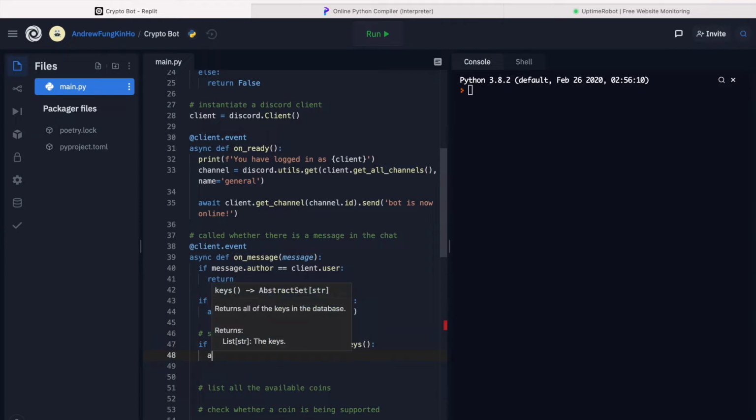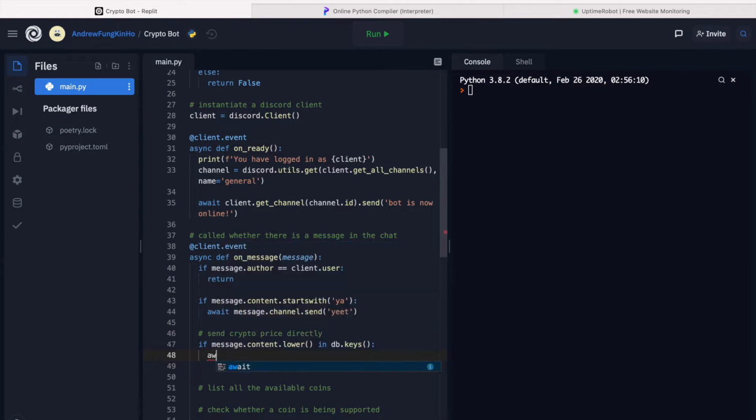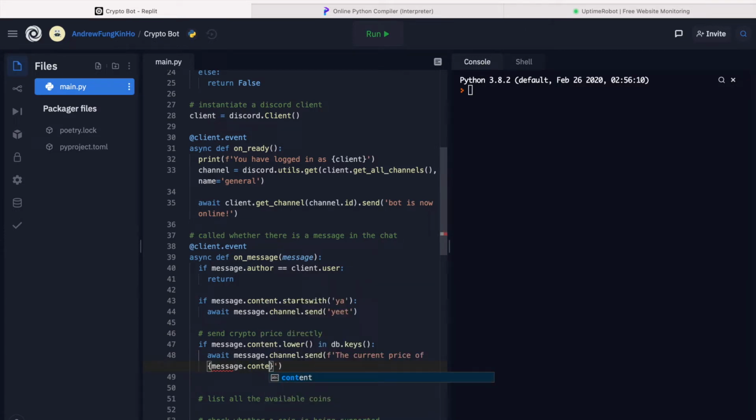then we can await message.channel.send. So we can send an f-string, the current price of the user input, which is message.content, is colon.